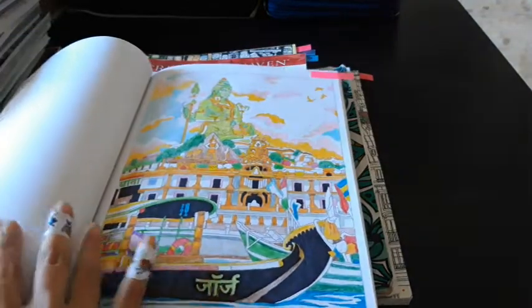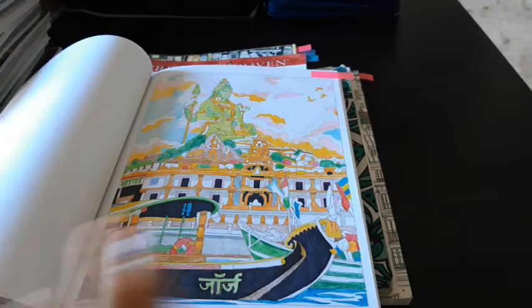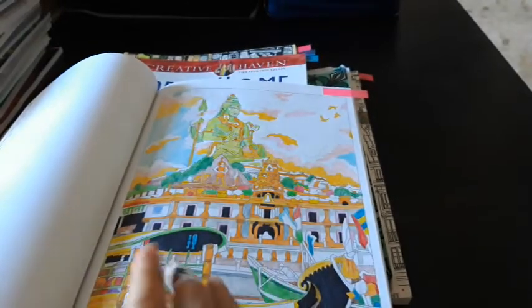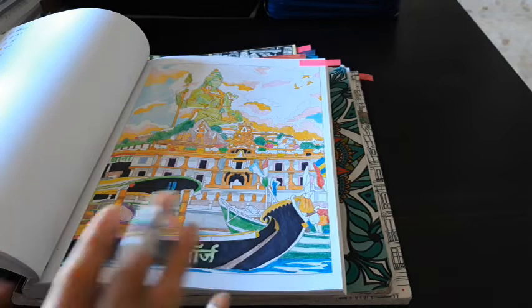I have managed to make a lot of progress, but it's too intricate and my eyesight is really not helping me. The spaces, if you see this, are too small and there's too many colors. You can see how many colors are there in a small area. So I think I'll finish this